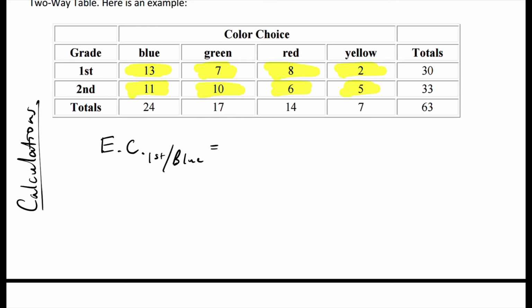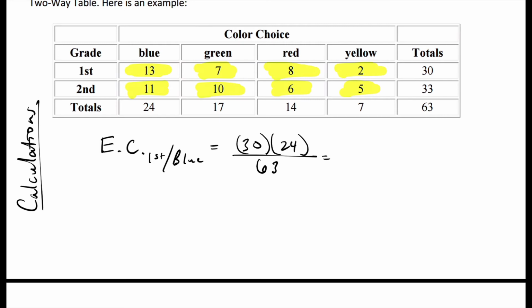So first grade blue, row total for first grade is 30. So it's going to be 30 times column total for blue, which is 24, divided by grand total. Grand total is always bottom right corner, 63. So I'm going to crunch those numbers. 30 times 24 divided by 63, and you get,